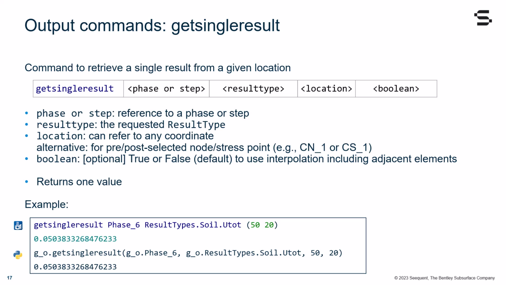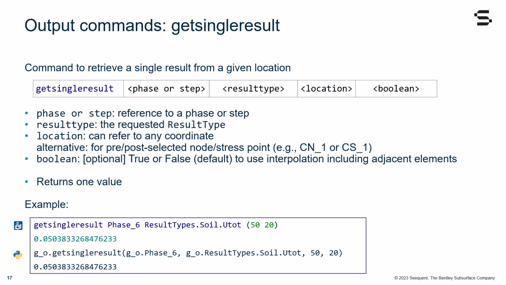To begin with, let's check the get single result command. This command allows us to retrieve a single result from a given location. The command syntax has the following parts. The command name, get single result, the reference to a phase or a step, the requested result type, and the